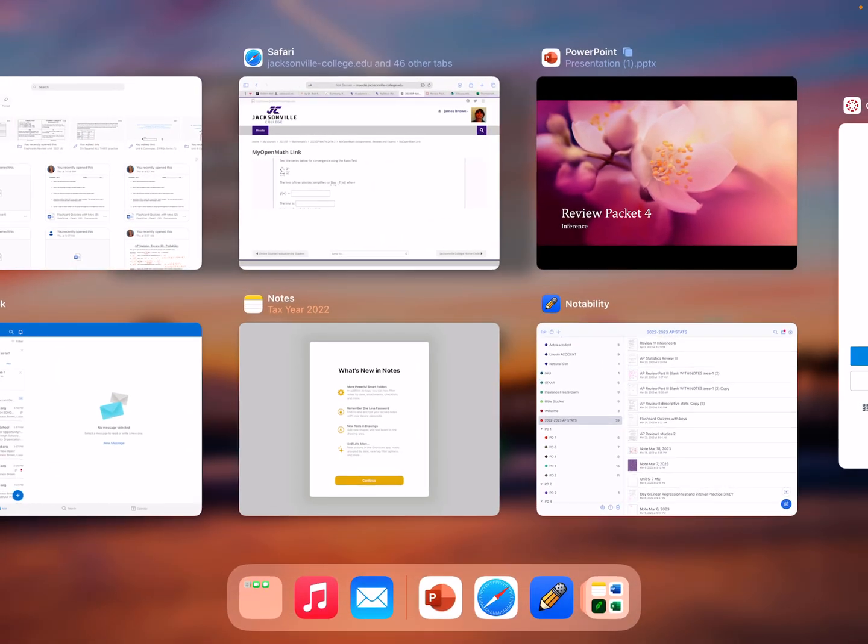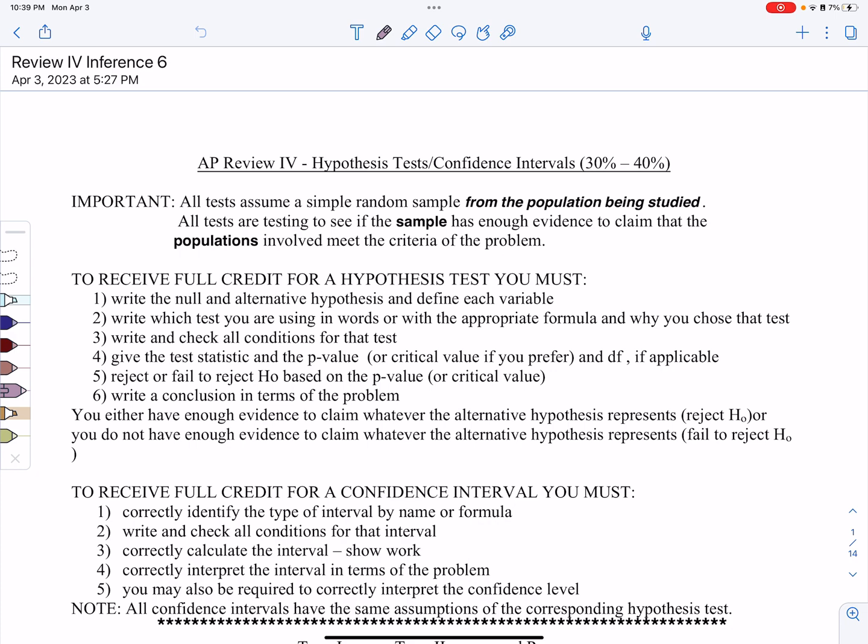This one here we have hypothesis tests and confidence intervals, which of course is our phantom and panic. Now remember, all tests assume a simple random sample from the population being studied. You have to be very careful, make sure that it's from the population being studied, not just from somewhere else. All tests are testing to see if the sample has enough evidence to claim the populations involved meet